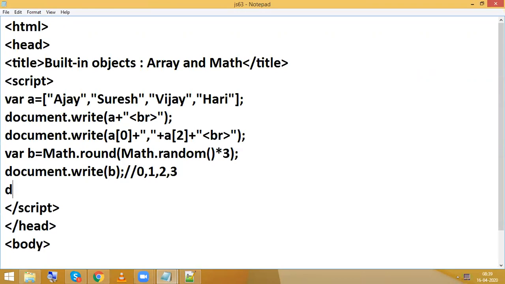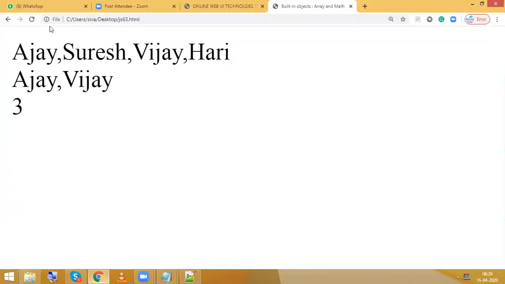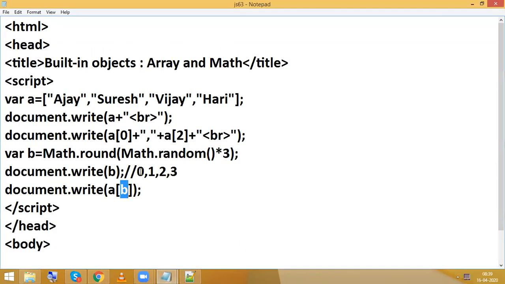Then it's very clear. So document.write A of B. Generally A of 0 means Ajay. So A of B means A is your array Ajay, Suresh, Vijay, Hari, and inside I am having 0, 1, 2, 3. Then what happens? I am able to display randomly. So display in a new line.